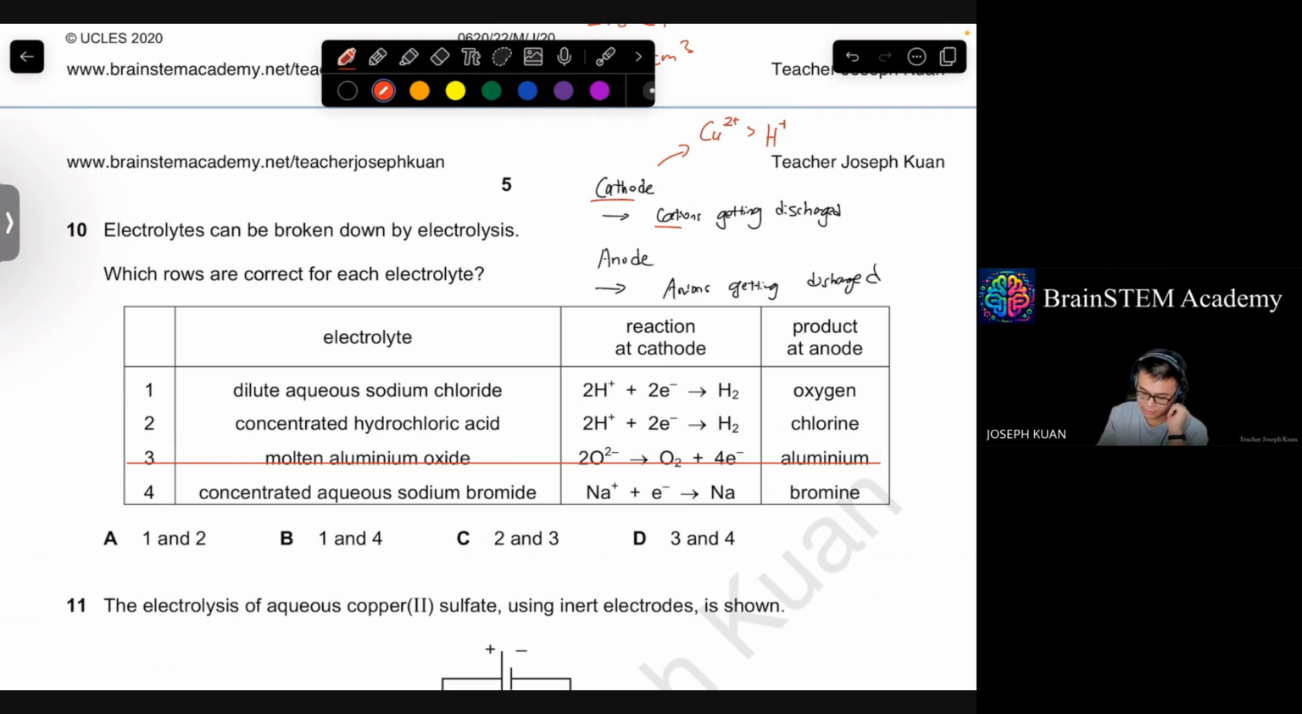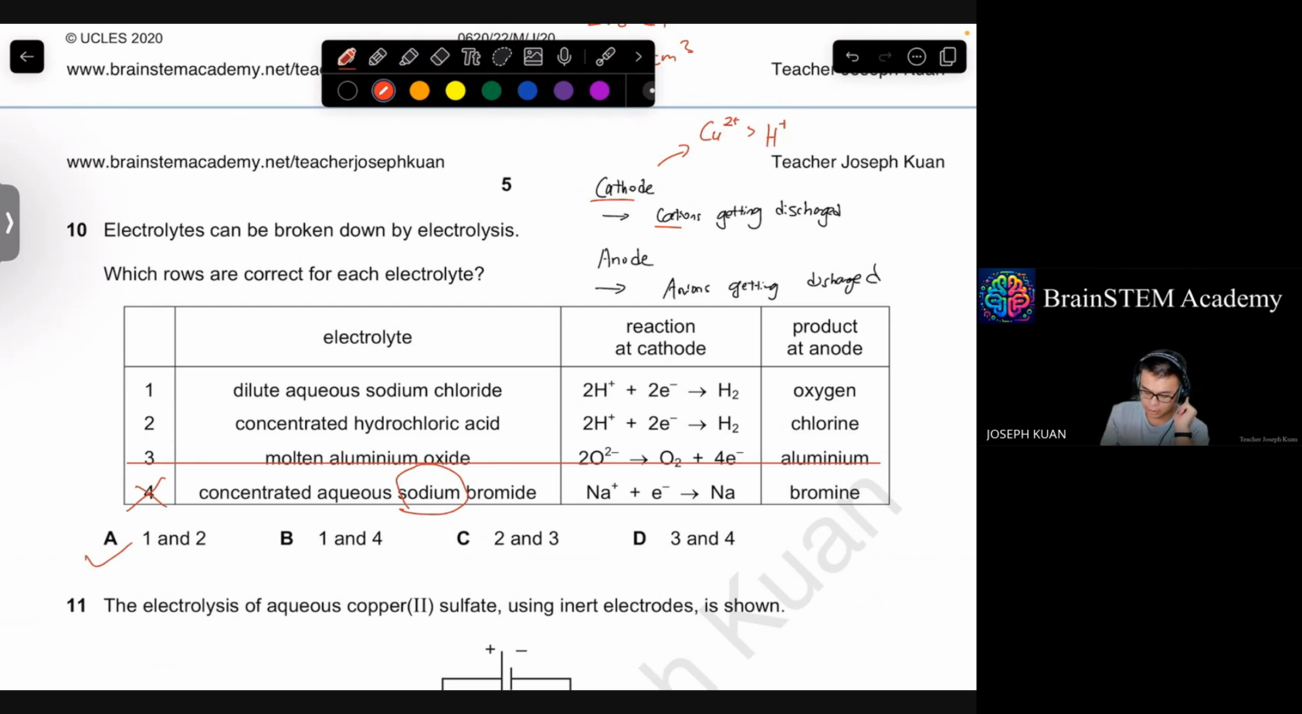So what I'm seeing here is that 4 is not possible. Sodium is a very reactive metal, so it's not easily discharged. The ion form is not easily discharged in an electrolysis of aqueous solutions. The only way to get sodium is to melt the sodium chloride. So I think we can pretty much deduce that the answer is A, but let's just double check to